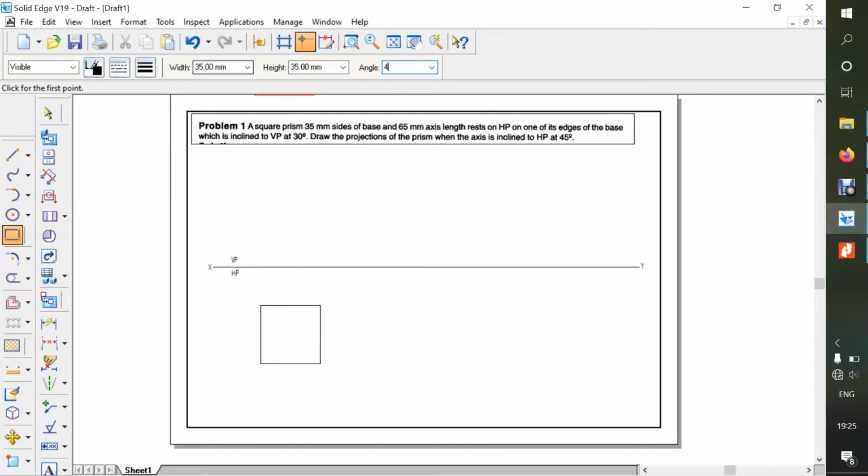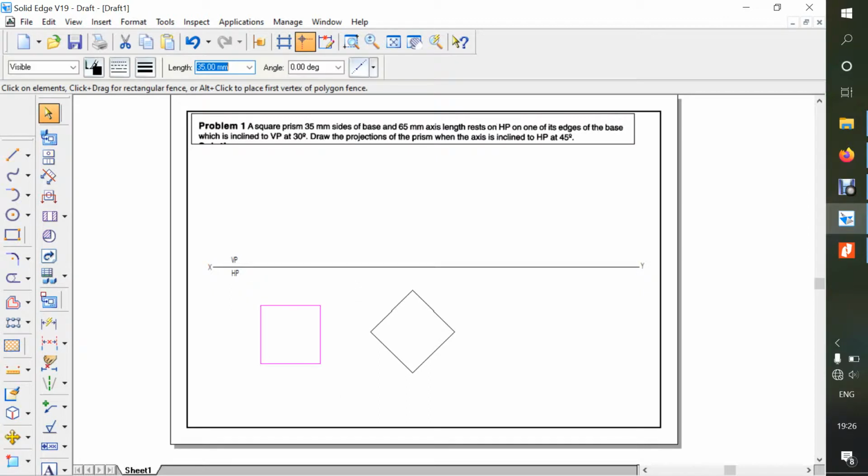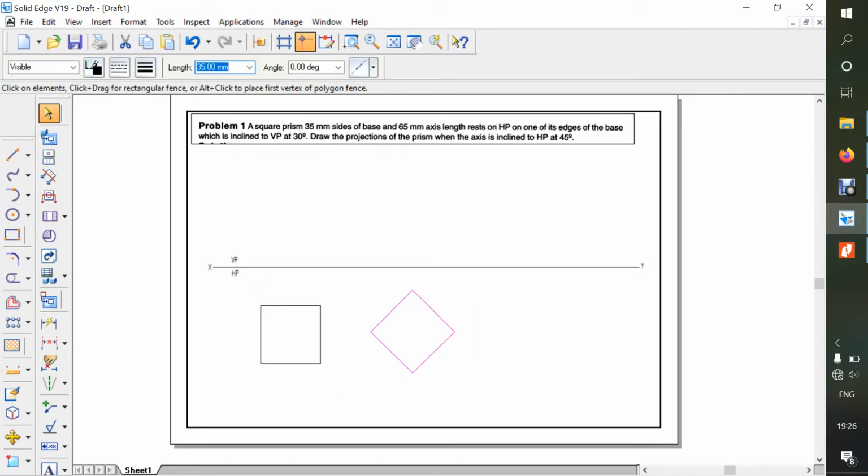In the angle you give 45. You can see the change here. Once you enter the 45, exactly you're going to get this. So click, you will get this one. So this is the condition for resting on the base edge, and this is the condition for resting on the corner. Okay, so now here they say it is resting on the base edge, so we'll delete this and keep this one.